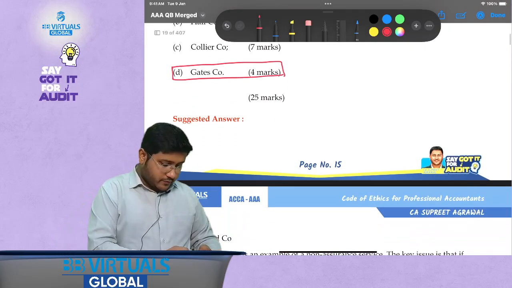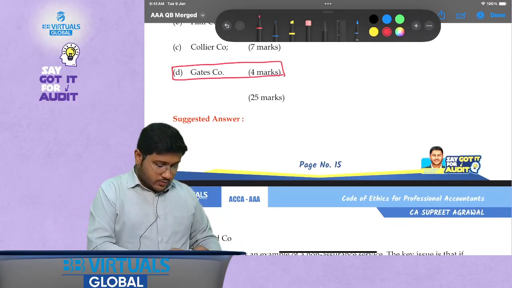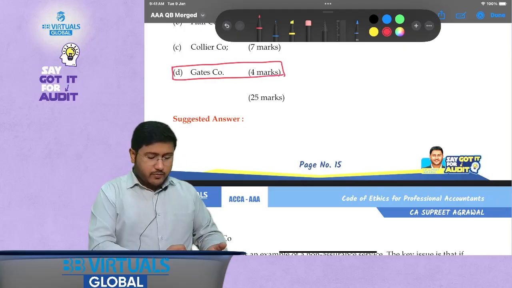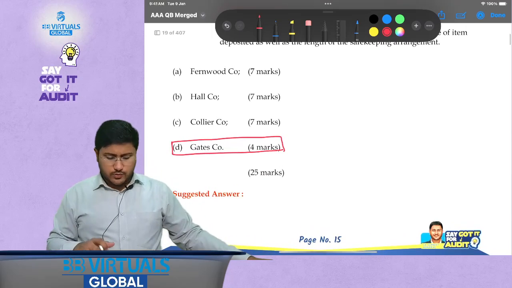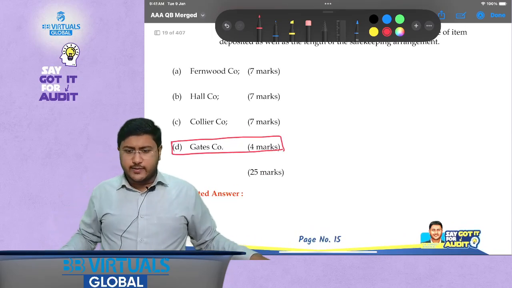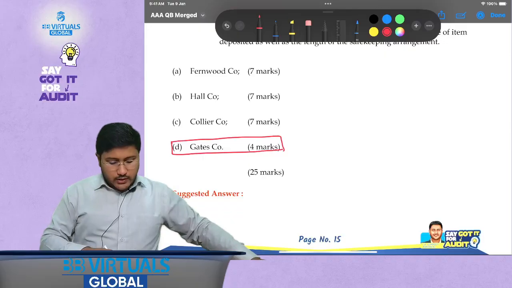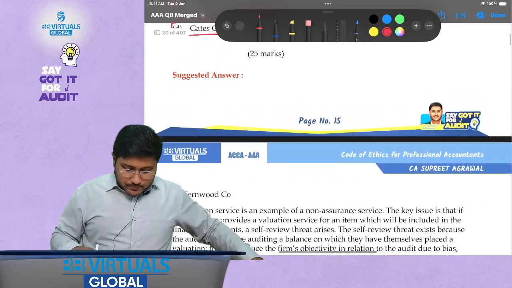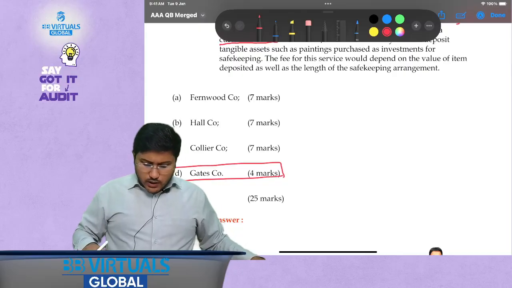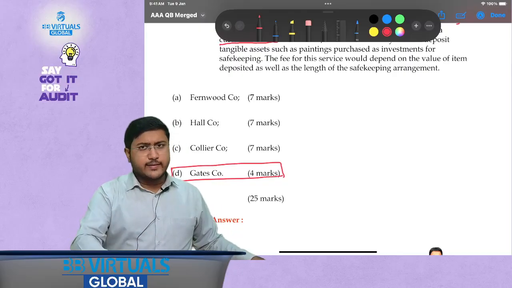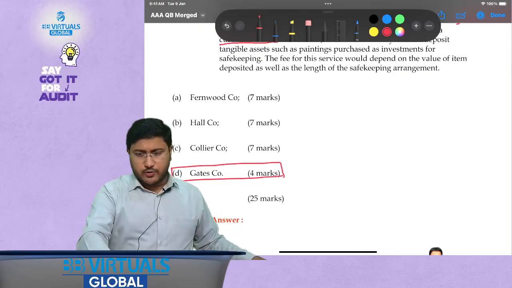This is page number 15. But we have to evaluate it. Majorly we have covered 21 marks. For Gates Company we can go to the ACCA study hub and see. Not an issue. So for Gates Company, we have to draft the answer for this one. Allow me 2 minutes, I'll open the ACCA study hub and we'll read the Gates Company also right now.